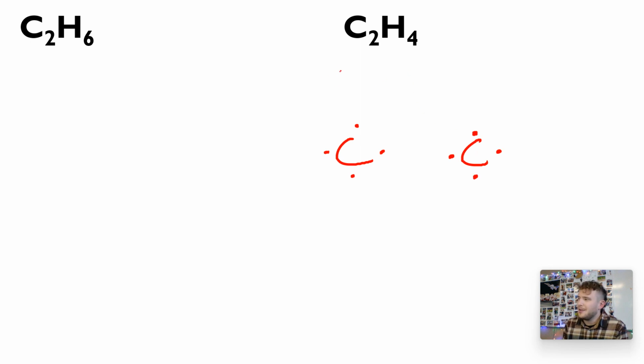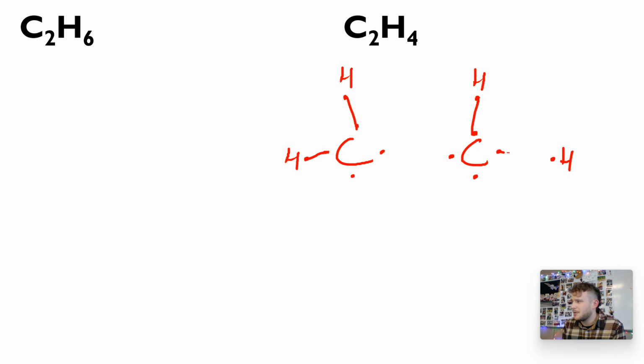But this time, I only have 4 hydrogen. And so the question is, how am I going to do this time? It looks like I've got too many buddies and 2 less hydrogen. So how's this going to work? Well, let's go ahead. Let's bond our hydrogen to the carbon,